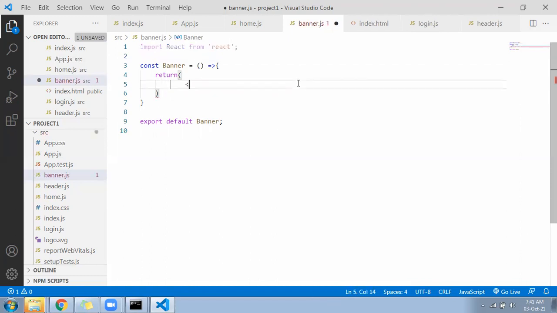We come down. Write inside one section tag. Give id equal to my banner.